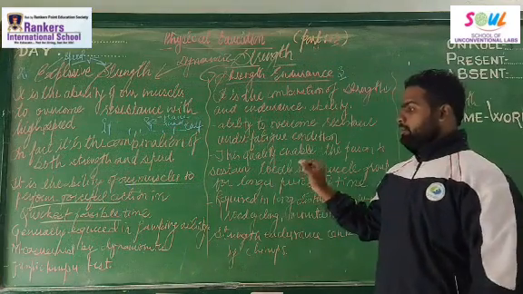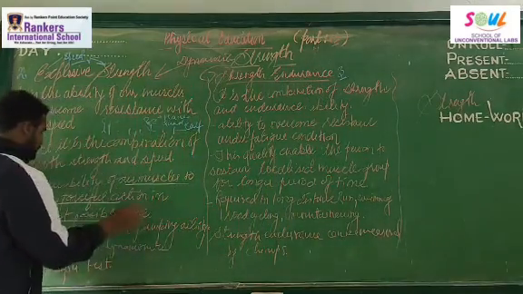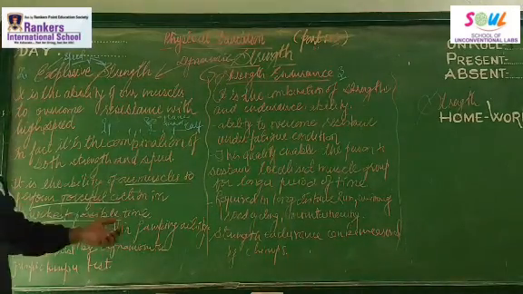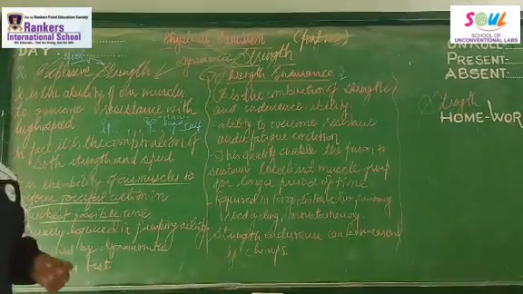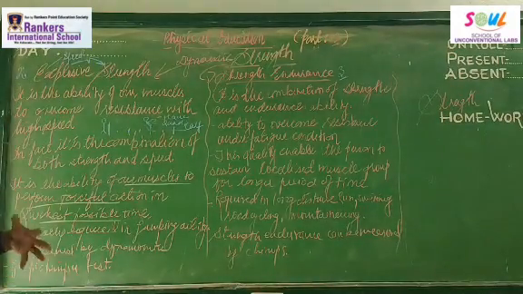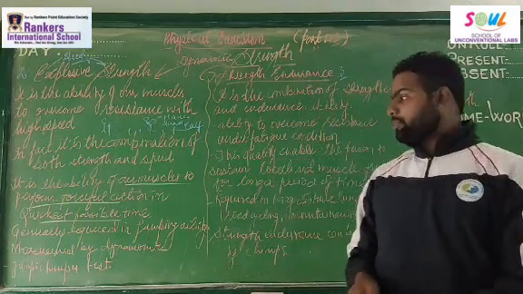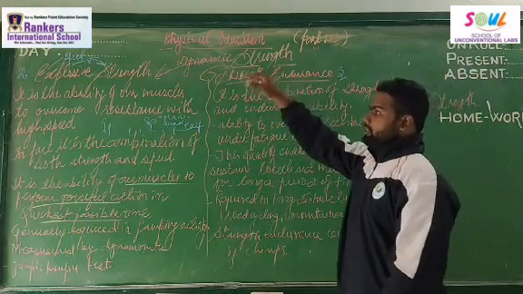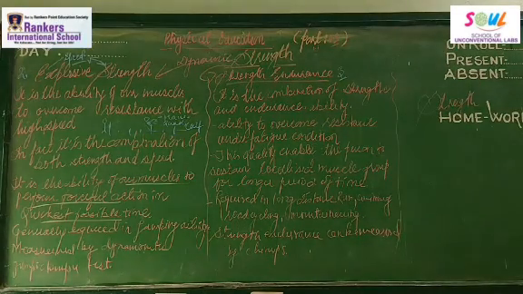When an individual is able to perform a forceful action in the quickest possible time, this explosive strength is generally required in jumping activities. It can be measured by a dynamometer, and there is a test called the jump chin up test. You perform the jump chin up test, and you can see what this explosive strength is. So now let's recapitulate what explosive strength is. Explosive strength is the ability of our muscles to move in maximum range with high speed.